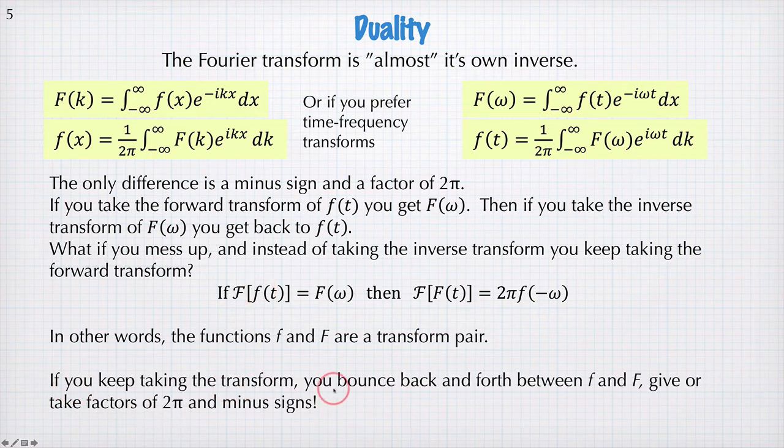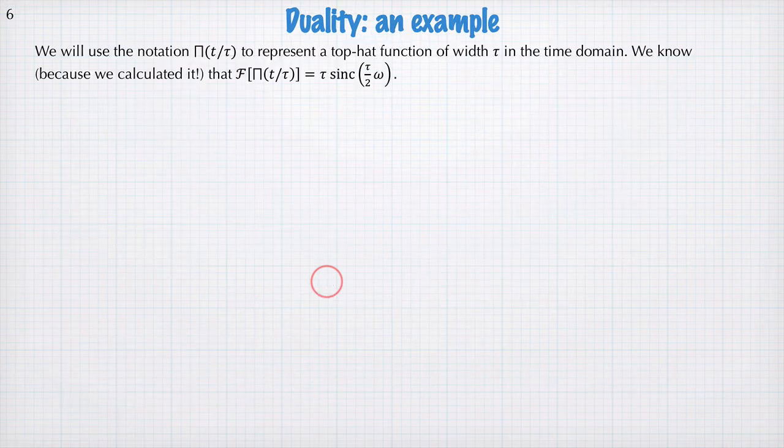So if you keep taking the transform, you bounce backwards and forwards between the function little f and big F, give or take factors of 2 pi and minus signs. And so the duality means that Fourier transforms always come in pairs. This is a really useful property, and I'll demonstrate it with, or explain it, I think it's easier to understand,